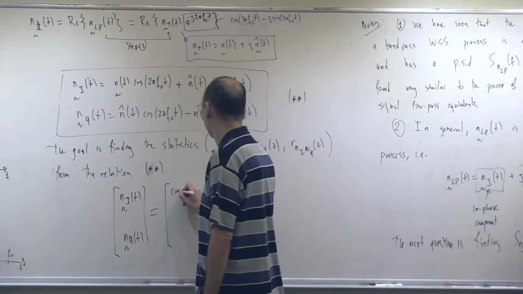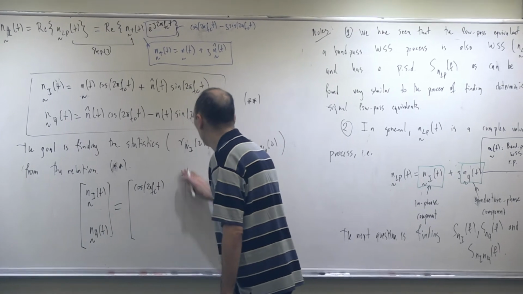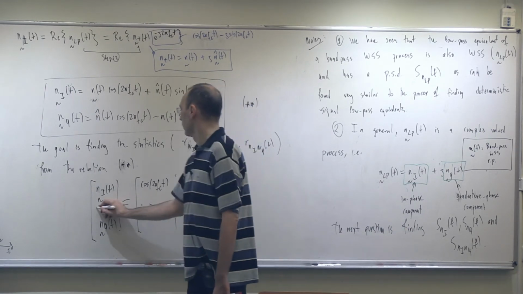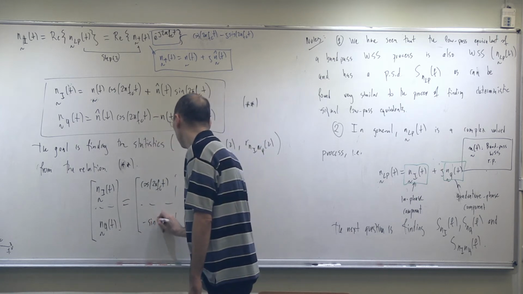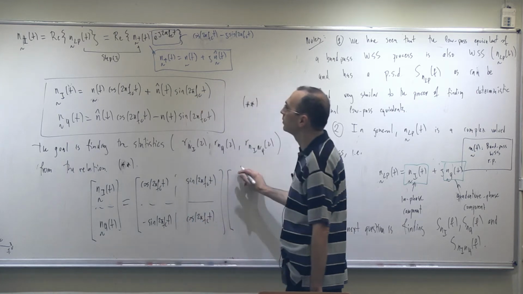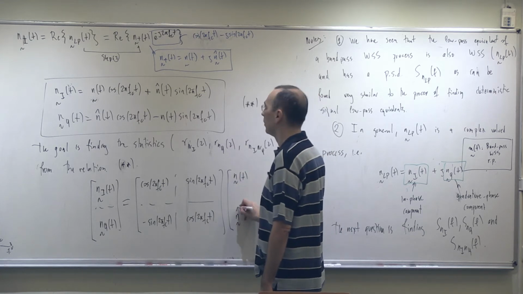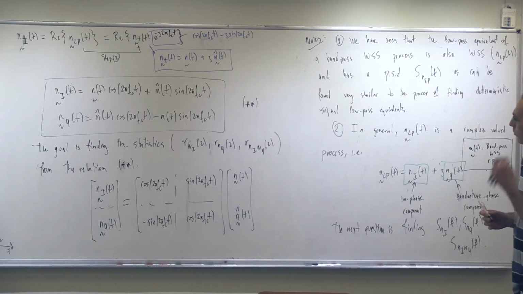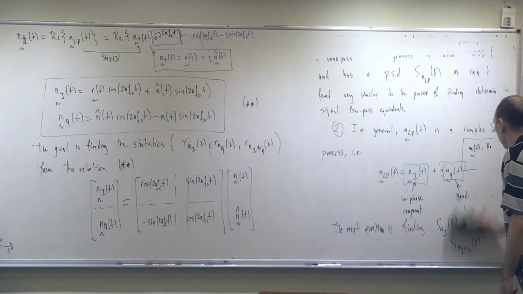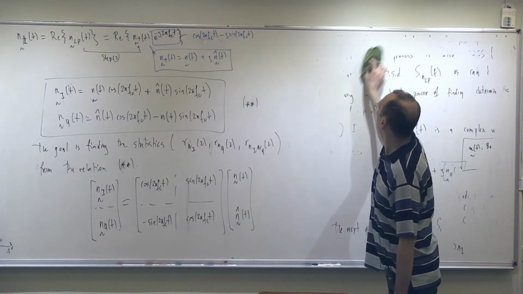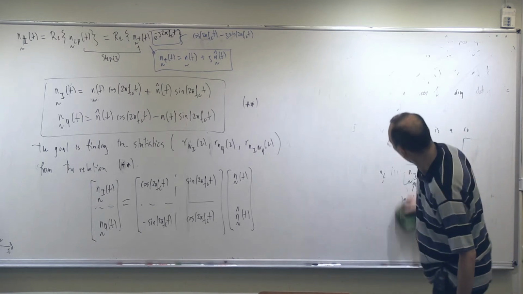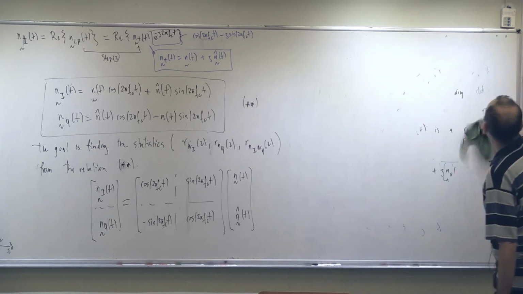So n_I is equal to cosine 2 pi fct, sine 2 pi fct. This is a matrix. Then this is minus sine 2 pi fct, cosine 2 pi fct, times n of t and this. Do you agree? And n-hat of t. Is this correct? The mapping. Since this is nothing but a linear combination of n of t and n-hat of t, which is the Hilbert transform,